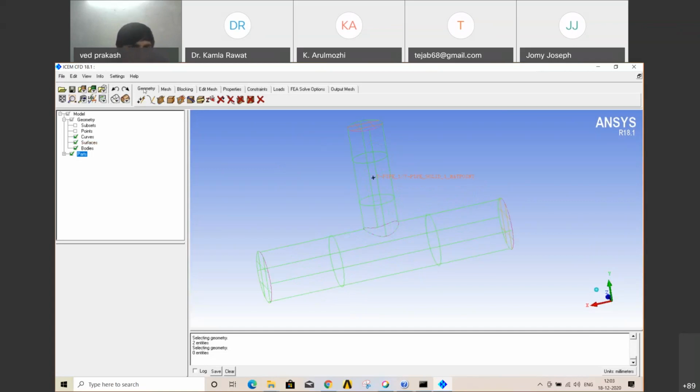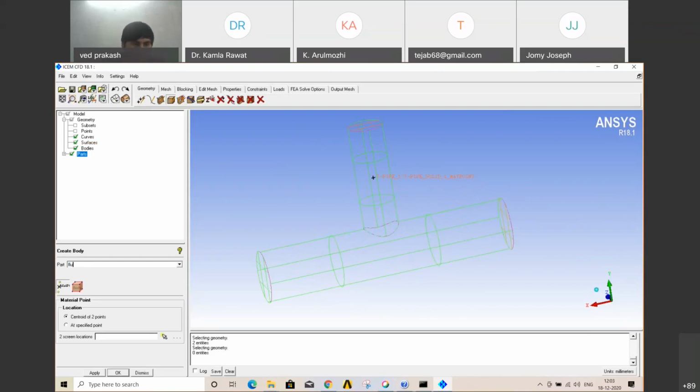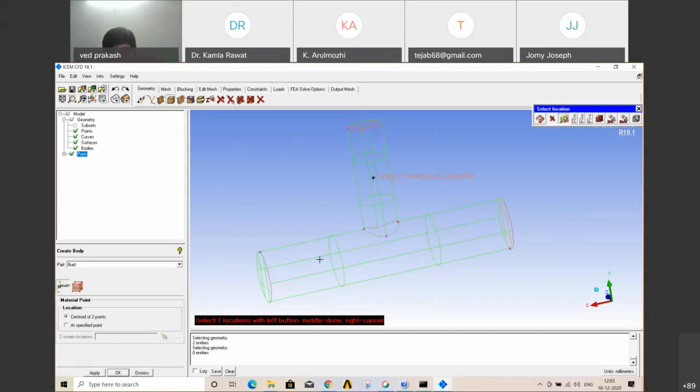In the geometry section, in the fourth option, create body, click on that, give it the name fluid, and create by 2 points. Just open your points and centroid of 2 points. This fluid body must be inside the geometry. That is necessary. So click at such a location that your fluid body comes inside your geometry.